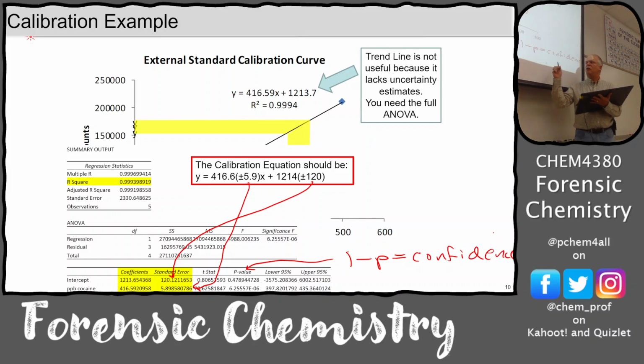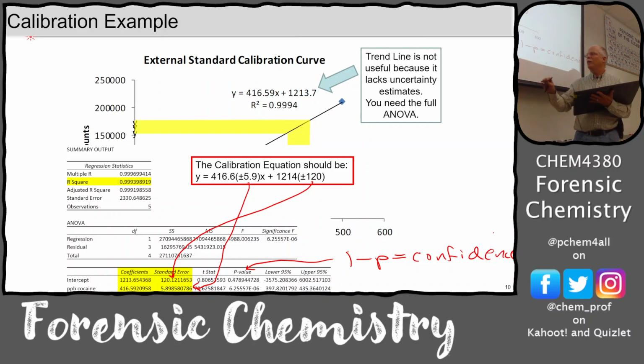Okay, so we'll talk about this confidence more later when we get into p-values and null hypotheses and so on. But 1 minus p, so this is 0.4, so I'm about 1 minus that. Let's see, yeah, so it's close to 0.5. So I'm about 50% confident that standard error is real, if you want to think about it. Or it could be real, or it could be caused by random fluctuations in the data. So that's about a 50-50 chance that it's caused just by random fluctuations in the data versus it being an